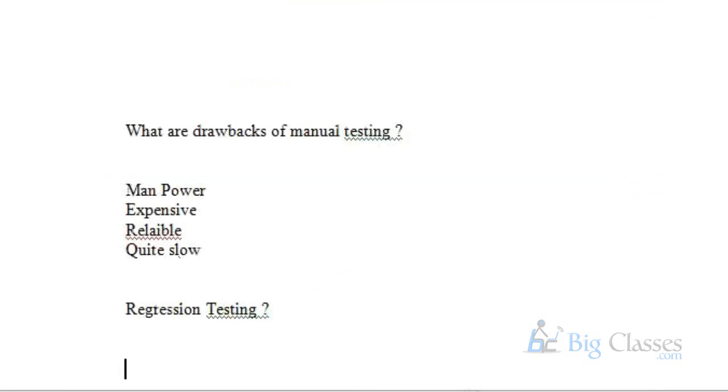If you want frequent regression testing manually, it's not possible. You have to give this answer in the technical discussion, Shailaja. Every company is looking for automation testing only for doing regression testing. If you want frequent regression testing, that means every week, whenever you have a build, you have to execute 1,000 test cases. That's all your regression suite. If you are getting n number of releases, automatically your regression suite will increase.